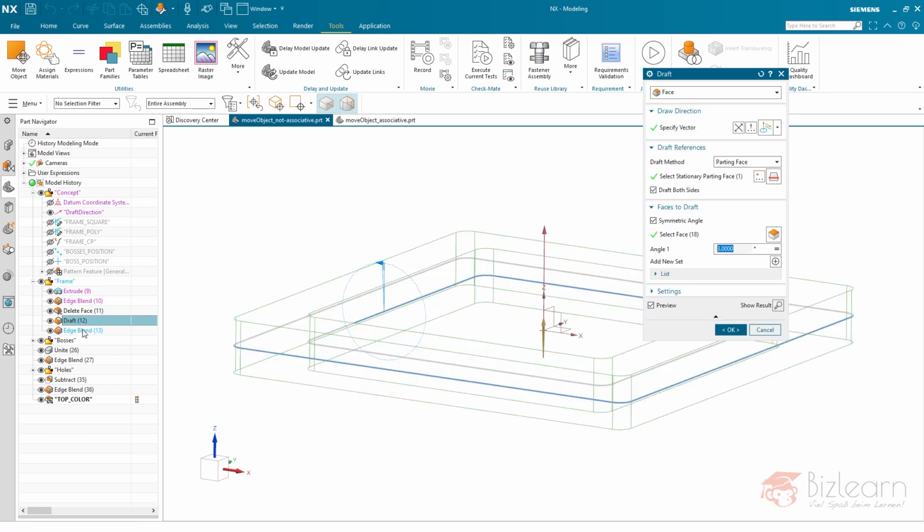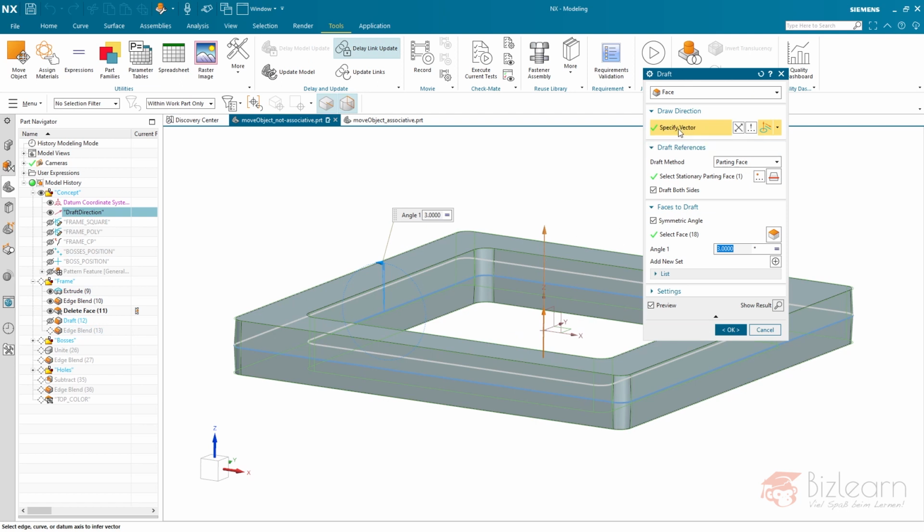I'm just going to edit this feature. Here you can see the draw direction is related to this axis called draft direction. And this is not done automatically. So usually NX uses the absolute Z axis for the draw direction, which in most cases is the same. But this is referring to the absolute direction here, which is somehow fixed. And once I have not selected the vector manually, which is the case right now because I have just unlinked the draft direction feature here,